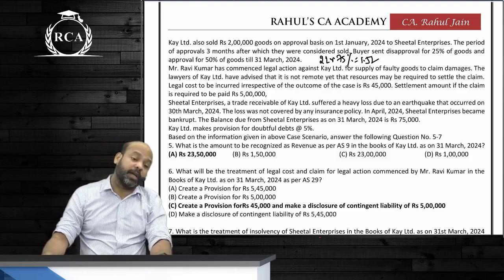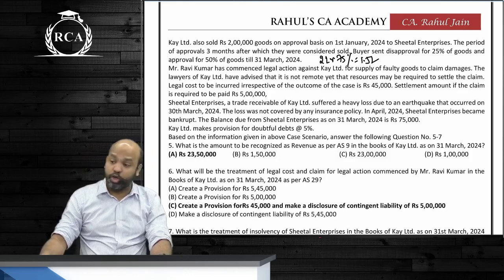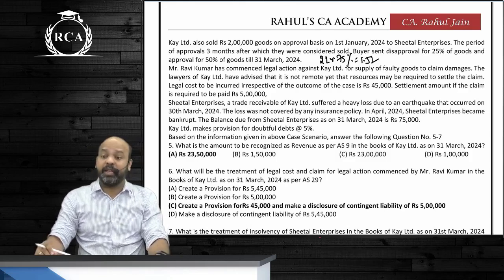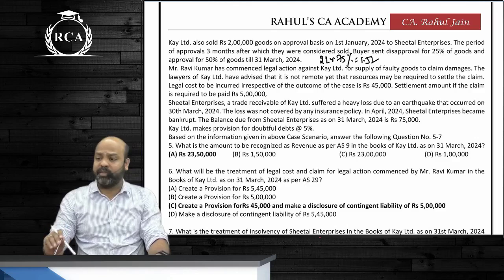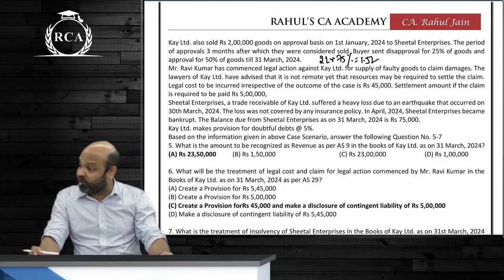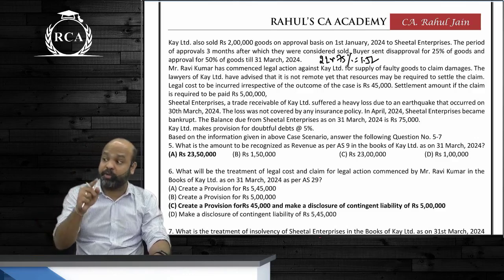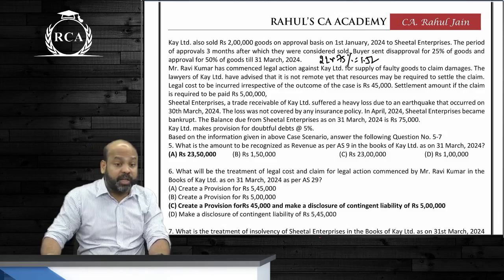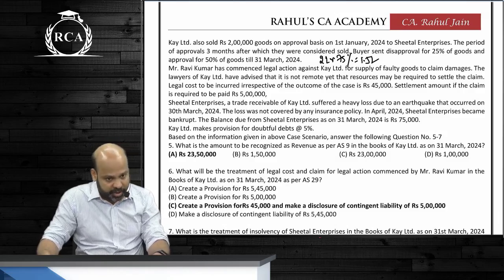What if that earthquake occurred on 2nd April? Non-adjusting event. The condition of bankruptcy did not exist as on the balance sheet date. What if they did not specify anything as such, guys, regarding earthquake, and they simply say that the debtor became bankrupt in the month of April? Still adjusting, because normally we assume better that bankruptcy does not arise overnight. It is on account of a series of events. So the condition is deemed to exist as on the balance sheet date.